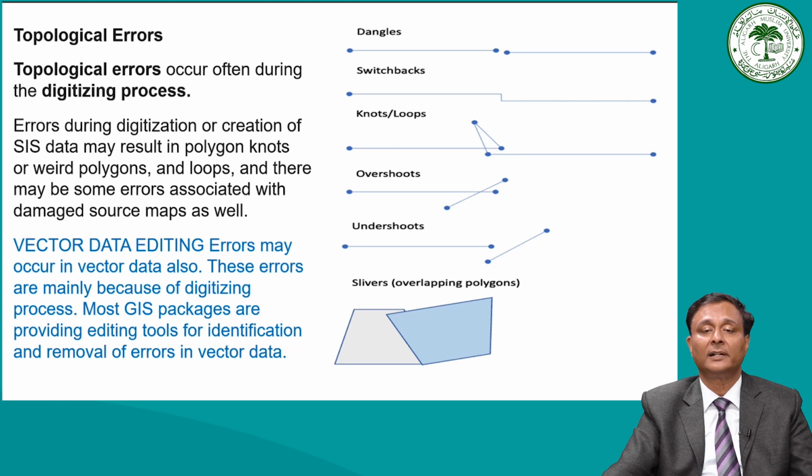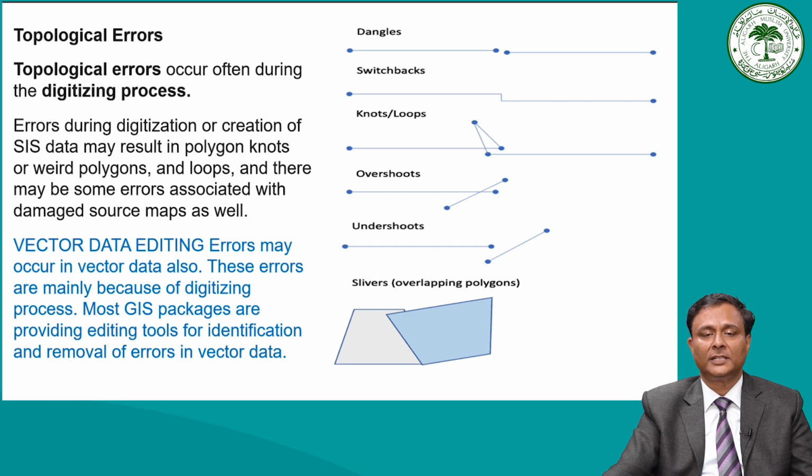We have seen this example earlier, that when we convert the data from raster to vector or vector to raster, the conversion process has some inherent flaws and that results in some kind of errors. In both cases, whether we transform the data from raster to vector or vector to raster, the lines, vector lines or raster pixels that are created